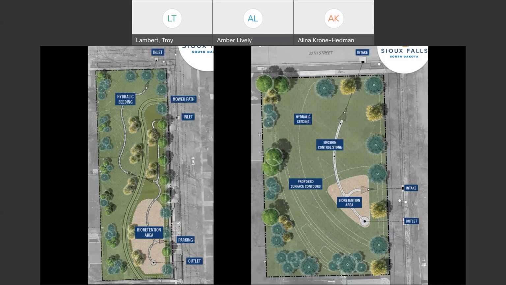The one on the left has already been constructed. The one on the right will be constructed in the spring. And then the native plants that will be coming take a couple years to take hold and to grow. So stay tuned. That's very exciting. Oh, and the other thing here is that, actually, we'll get to that, sorry.